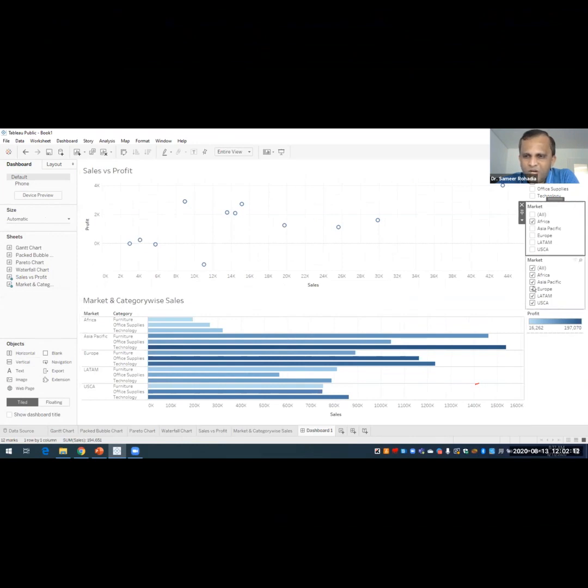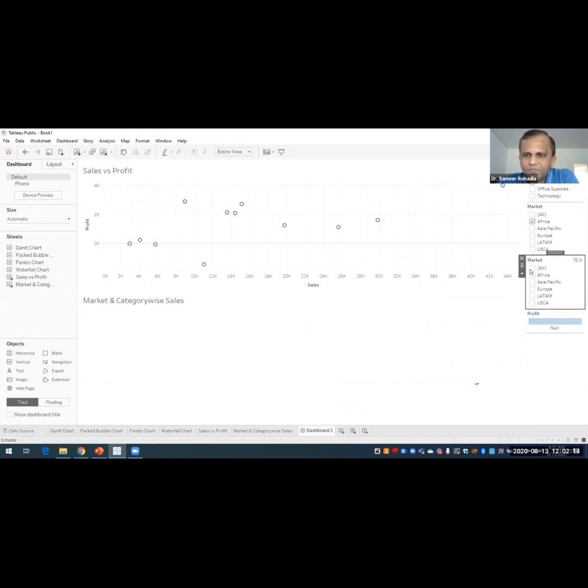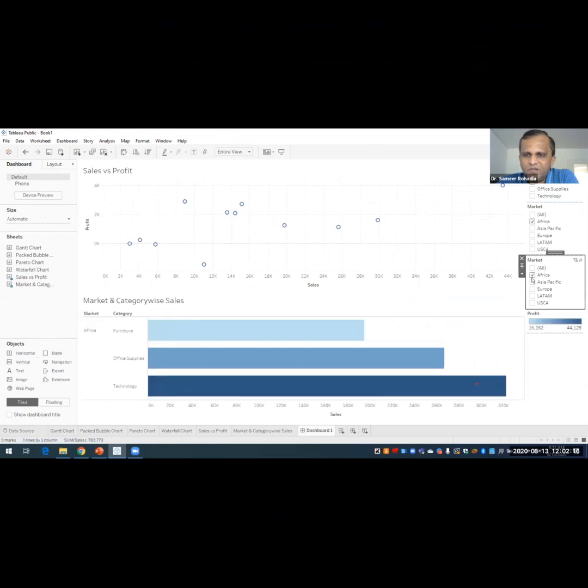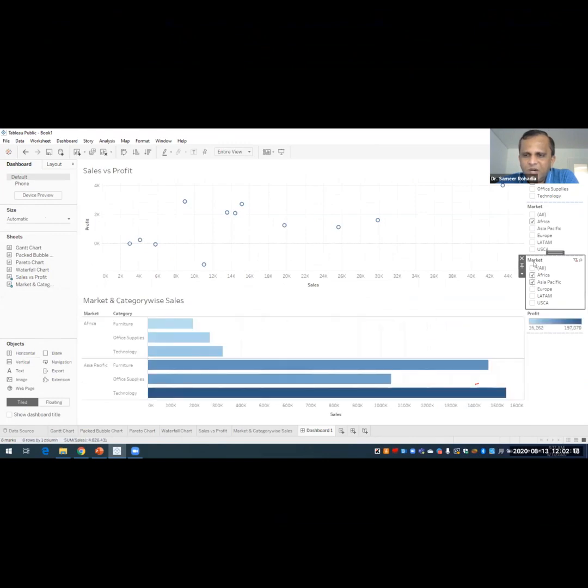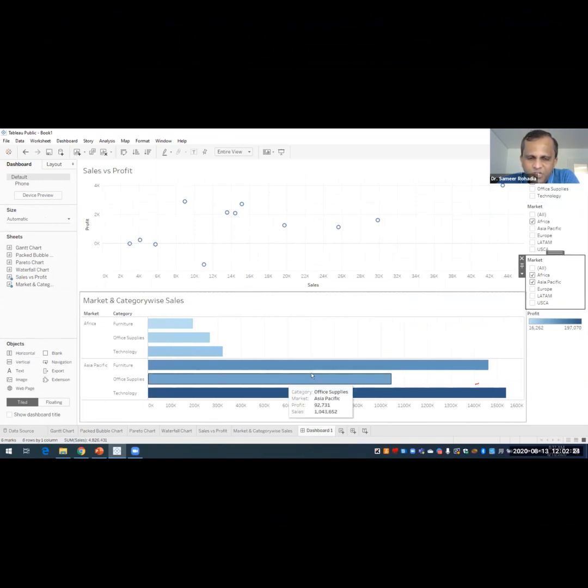Now in the second market filter, I select Africa and Asia Pacific, and it changes the second chart. So the first two filters affect the top chart, and this third filter affects the bottom chart.